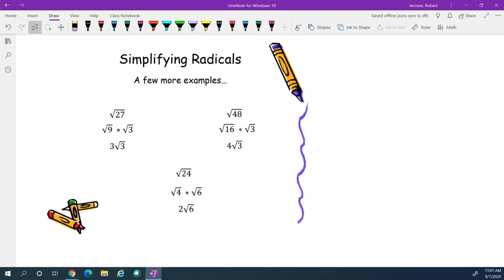So let's look at a few more numbers here. For the square root of 27, the biggest perfect square that goes into it is a 9. 9 is a perfect square. So 27 is made up of 9 times 3. It's still all under the radical sign, or the house, whatever. We should call it radical symbol, but I understand. And since the 9 is a perfect square, we can effectively,